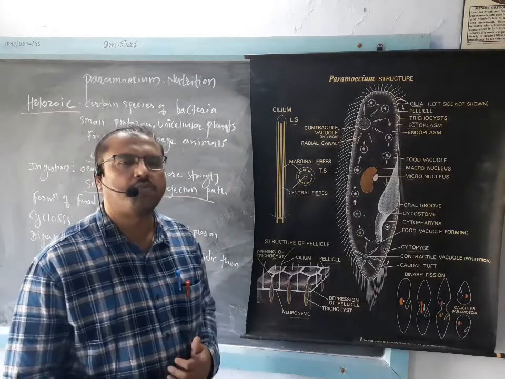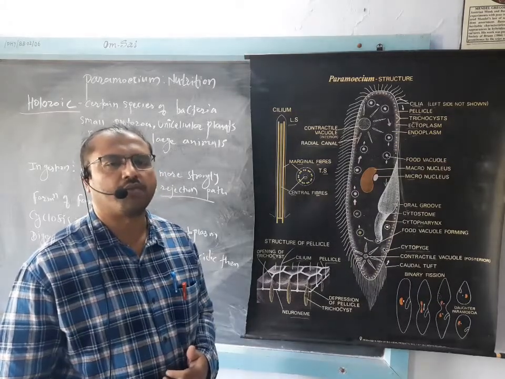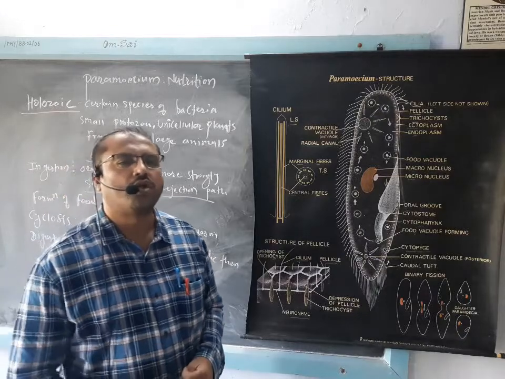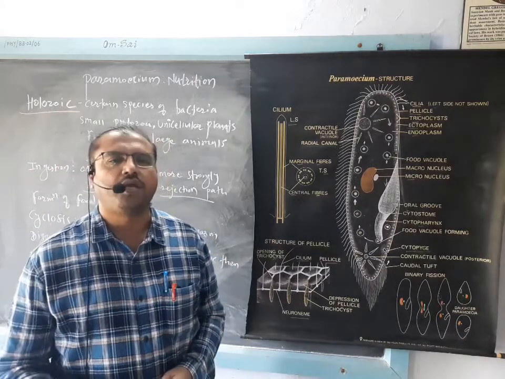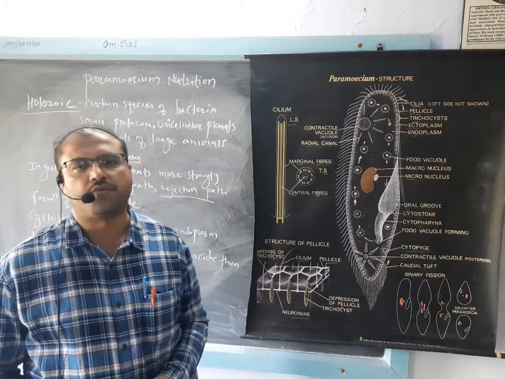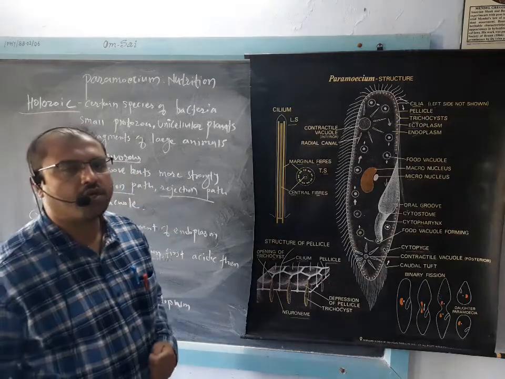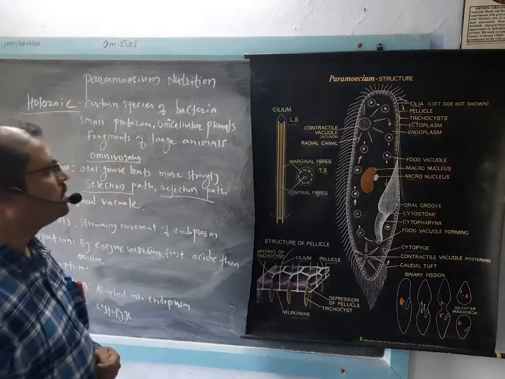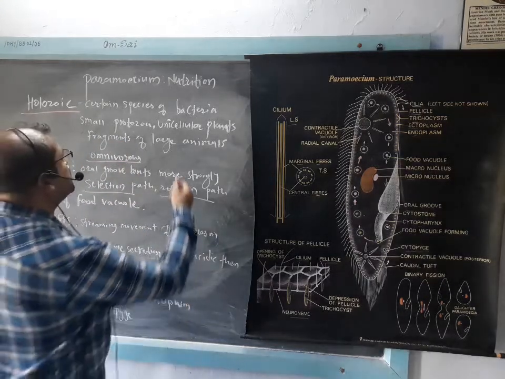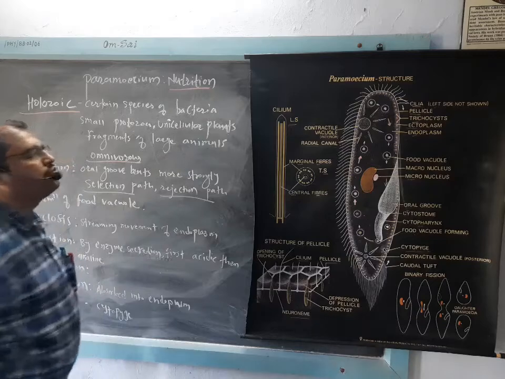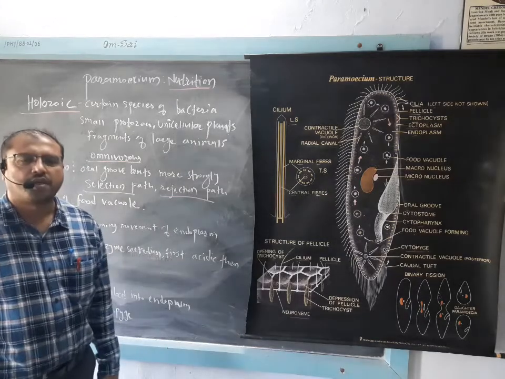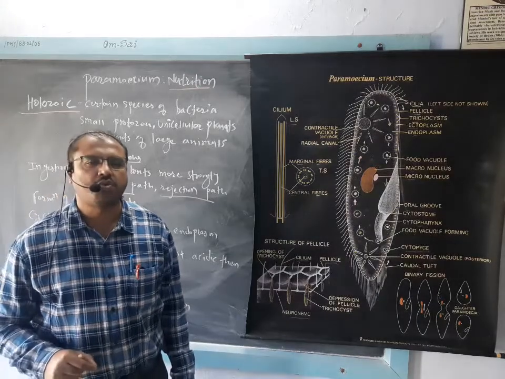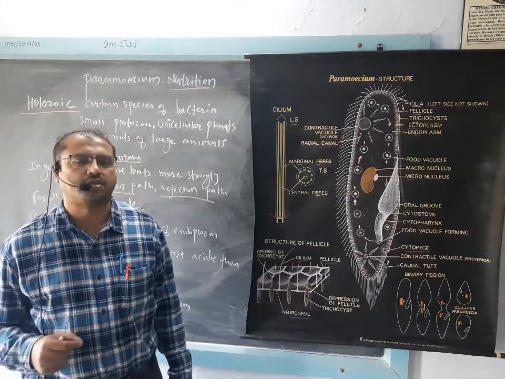We have already seen the structure of paramecium. As you know very well, the cytostome, oral groove, as well as the pellicle and cilia and their functions. So today we are going to deal with nutrition. What about nutrition in the case of paramecium? How is the food ingested? There are special structures in the cell of the paramecium through which the food enters.